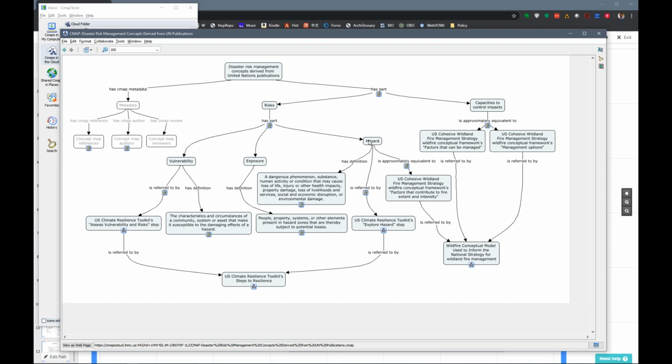So anyway, yeah, we have one concept map actually, which was trying to tie together disparate ways to look at the same thing. What you have here is a concept map used to tie together climate resilience and I don't remember what else. Climate resilience and mitigation, I believe. Well, no, this was a way to tie together climate resilience here and a U.S. approach to managing wildfires. Sorry, I don't exactly remember what this concept map was designed to do, but one of the issues that we had was various risk management frameworks and hazard management frameworks using terms like vulnerability and hazards